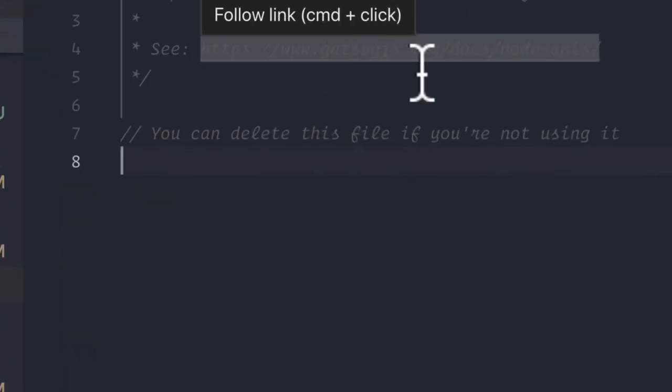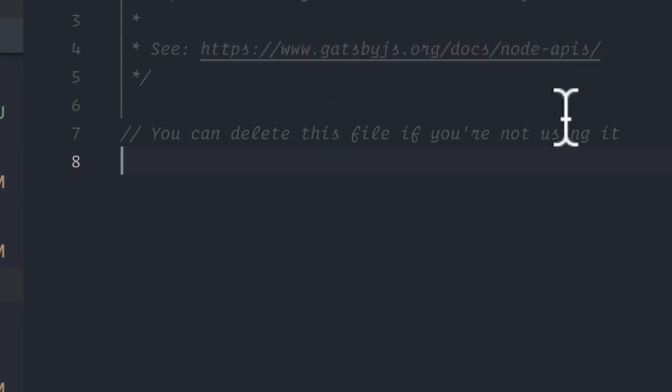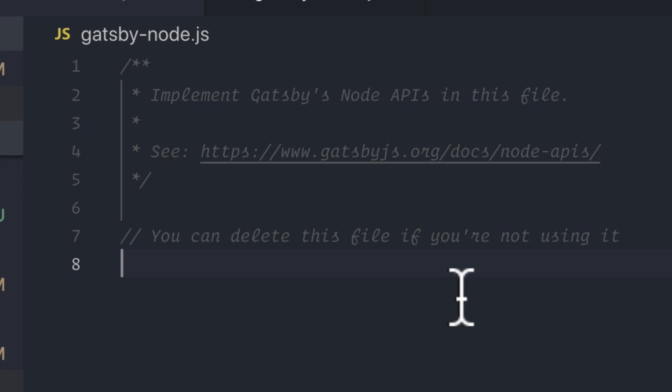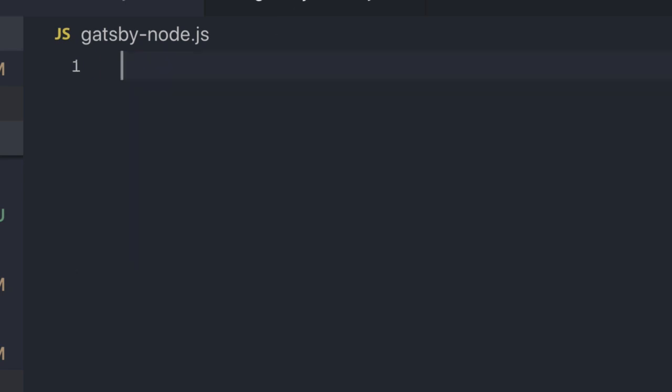So you can easily take a look at the documentation here if you follow this link inside of your gatsby-node.js. But let's just get started, because once we actually write this code, I'm certain you'll at least be able to follow along with what's happening because it is JavaScript. So let's just get rid of this. And what we're going to say is